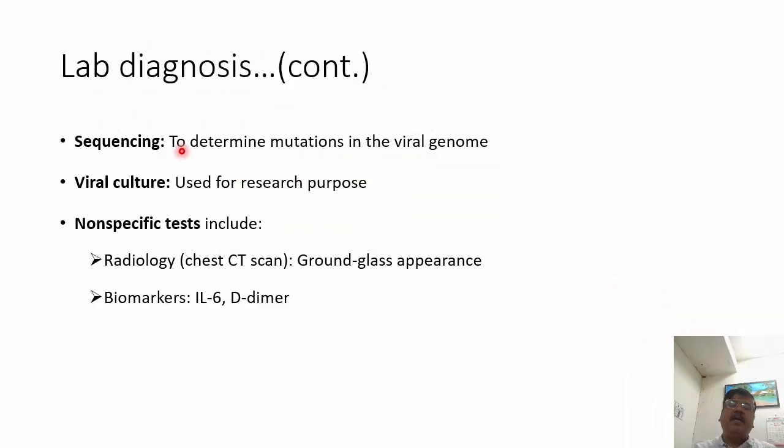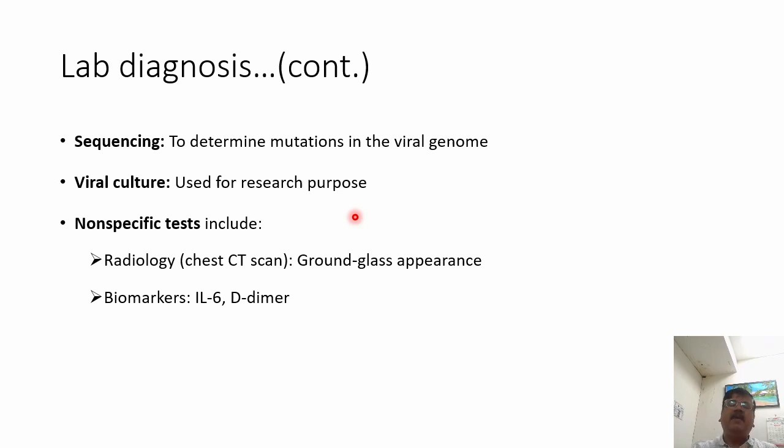There will be certain situations where a percentage of the specimens should be sent for sequencing. The sequencing setup is very costly. It will be sent to apex labs that are totally dedicated to virology work, and the sequencing should be done in those labs. A gene sequencing setup requires a lot of infrastructure and equipment which are costly. So, viral genome.